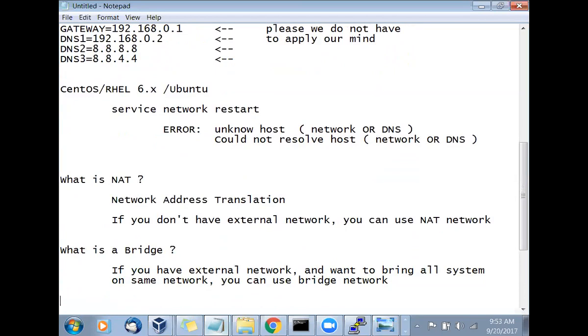When to use bridge and when to use NAT? I will recommend, by default, you should go for bridge. Go for bridge, because then it's really easy and helps you understand a lot of things. It's very easy to understand and very easy to work with.